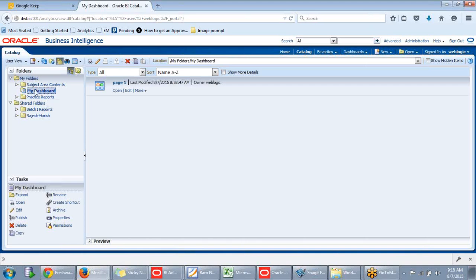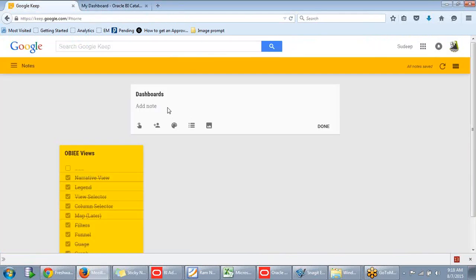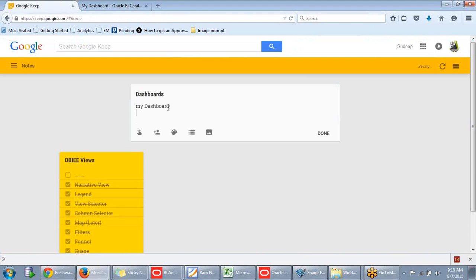And coming to the shared dashboard, shared dashboard is a kind of public dashboard. We have two types, that is, the first one is my dashboard and the second is shared dashboard, and this shared dashboard is the thing that we are going to share with our end user or customer. Whatever shared dashboards we are going to design,